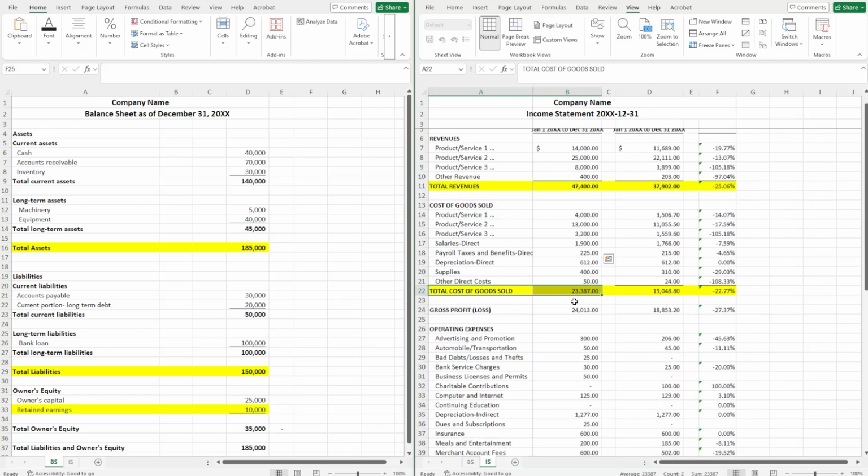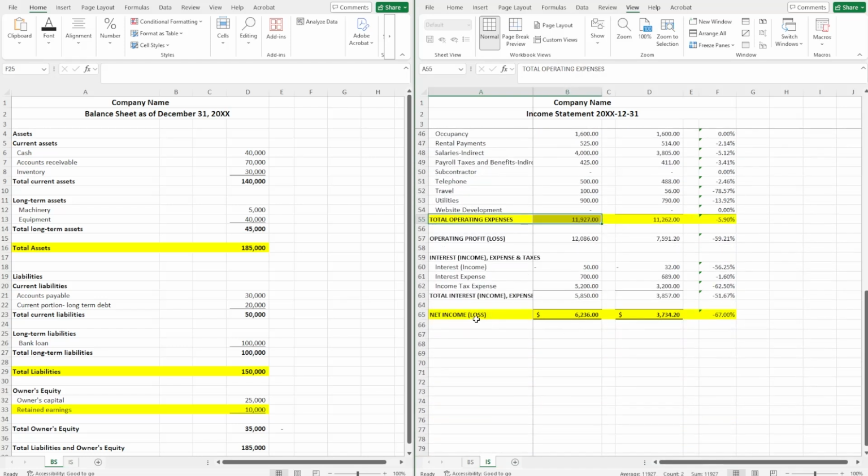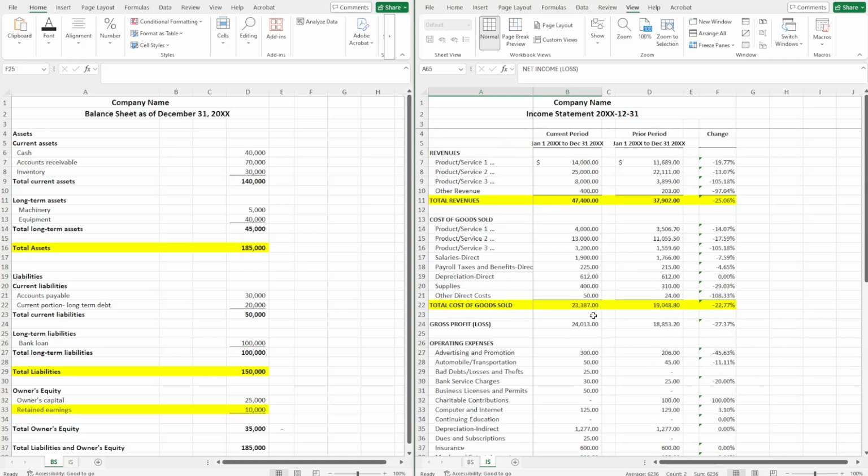By calculating the total revenue, costs, and operational expenses, the final profit or loss emerges. If a year has passed since using our service, the income statement allows for period comparisons. For instance, in this example,